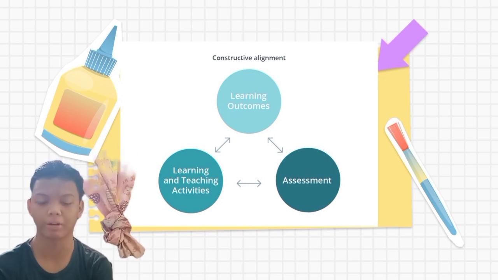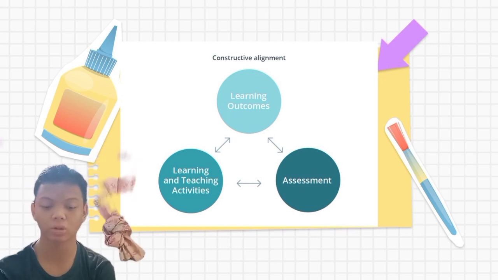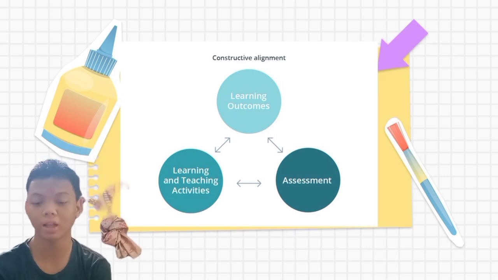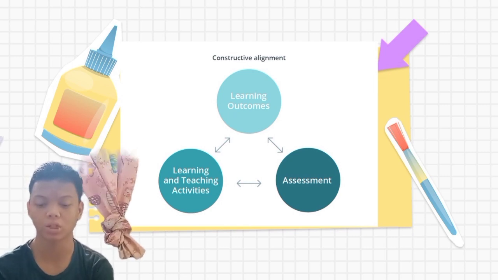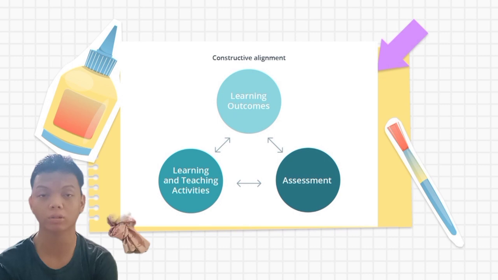this form of diagram. What this tells us is that in teaching, the learning materials, teaching activities, or topics you teach your students should be aligned or entirely relevant to the assessment task that you give. And the assessment task that you give should also be aligned or entirely relevant to the learning outcomes of the